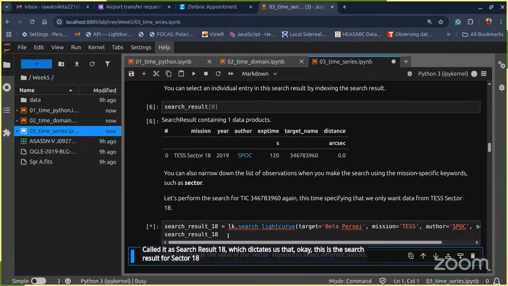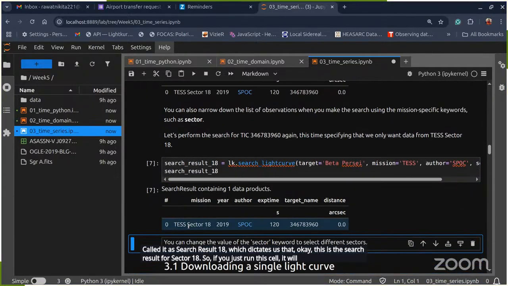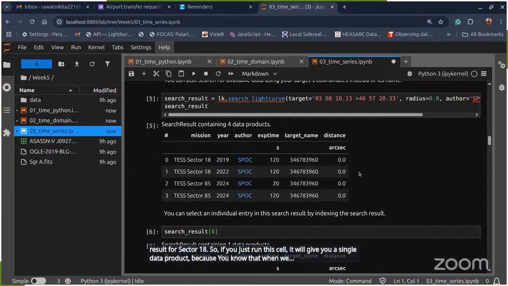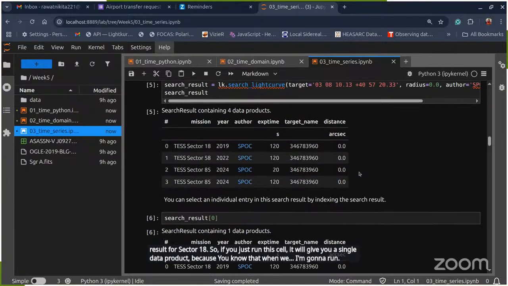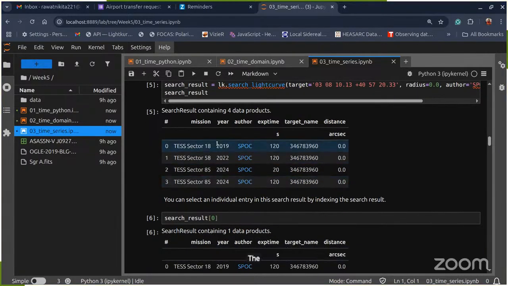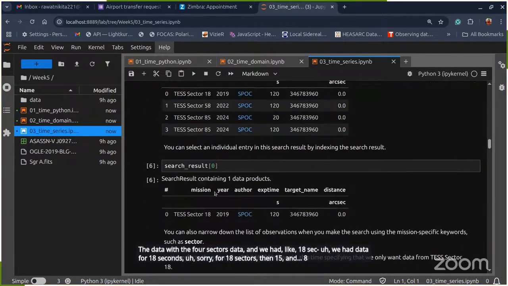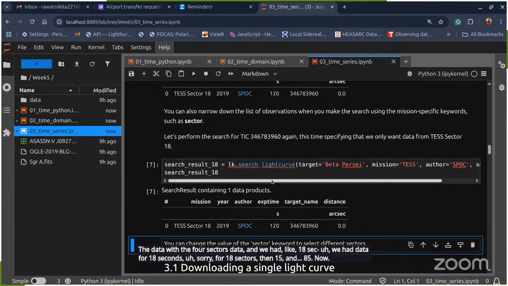So if you just run this cell, it will give you a single data product, because when there was no restriction on the sector values, it provided you the data with the 4 sectors data. We had data for sector 18, then 50 and 85. Now, suppose we are interested in 85